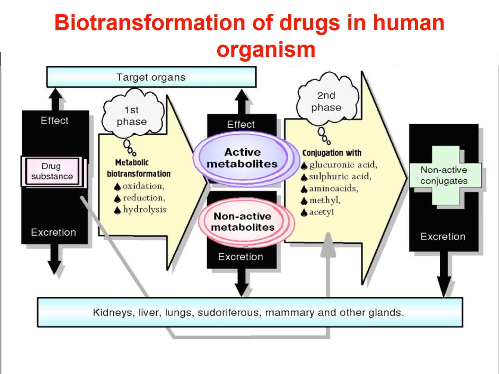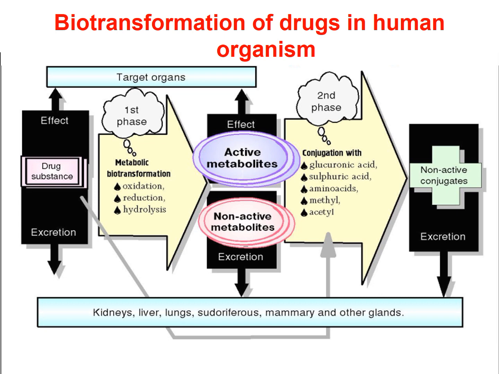The results of these reactions are the formation of either active or non-active metabolites, which can be either excreted if they are able to be removed from the body with the kidneys, for example, or these metabolites further enter